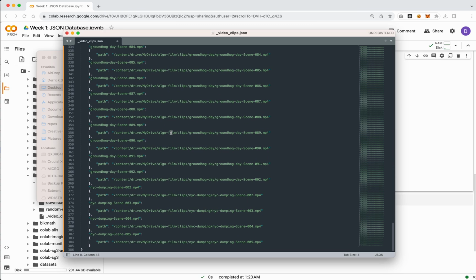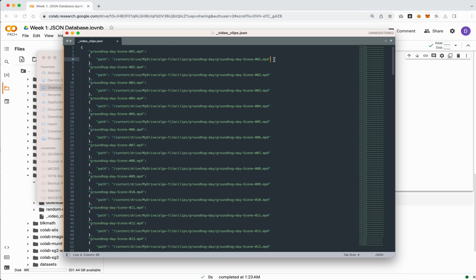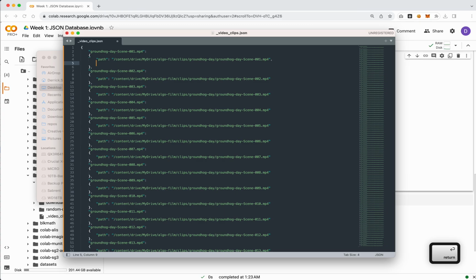And you'll see this does it for every single video. Now in the future, we're going to add some additional variables. So we'll add something like duration, and that duration key might have something like 1.67, which would mean 1.67 seconds. We'll start looking at that next week. For this week, all we need to do is have this file.